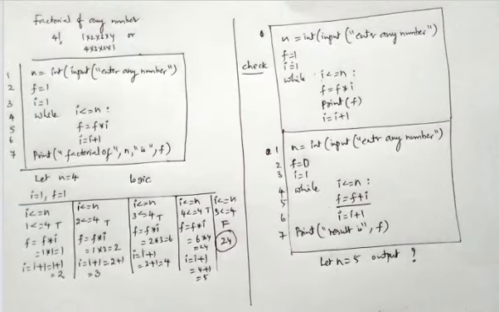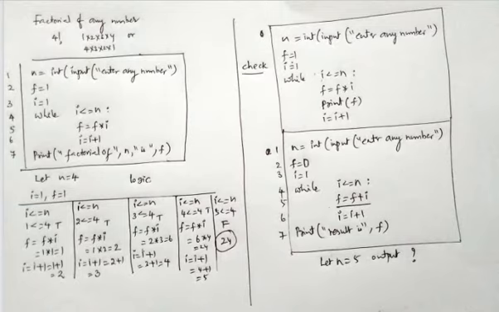Look at the second step. i less than or equal to n. 2 less than or equal to 4 is true. f is equal to f into i. The previous value of f is 1 and i is 2, so f is 2. And i is equal to i plus 1, that is 2 plus 1 is 3. In this step, f is 2 and i is 3. With these values, you move to another one.